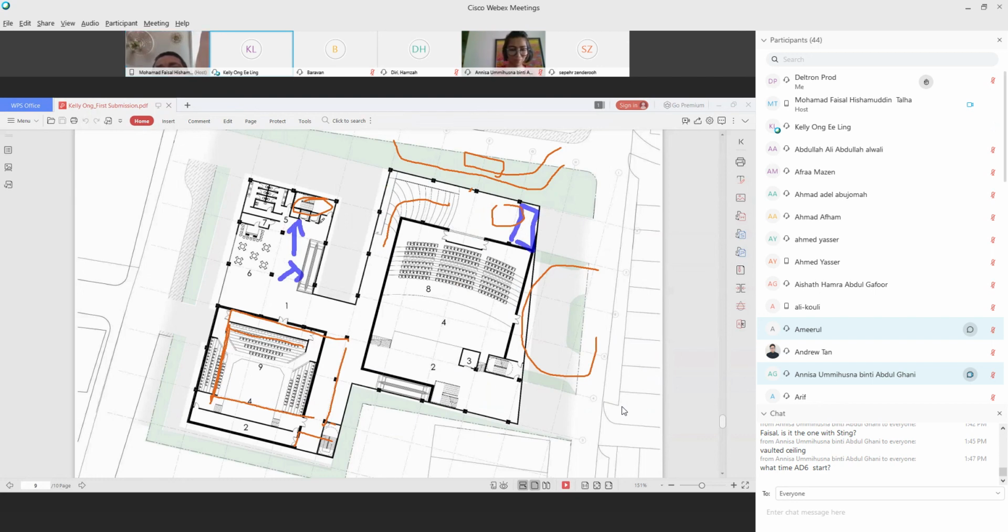So what's the difference between this and that? Is it 3 meters? 2.1. Why don't you make it 3 meters, so that this escalator can go up one more level and then they can join to this level?